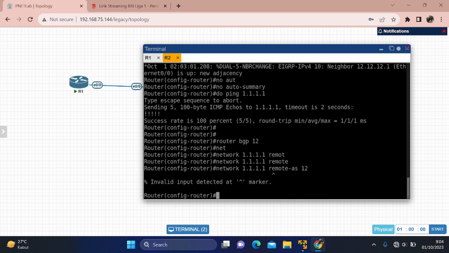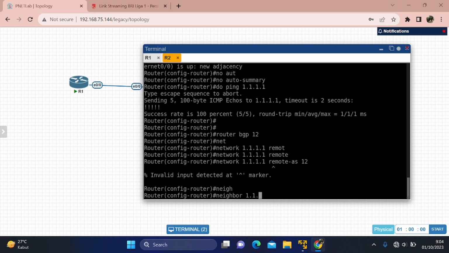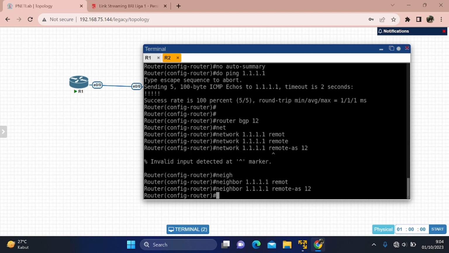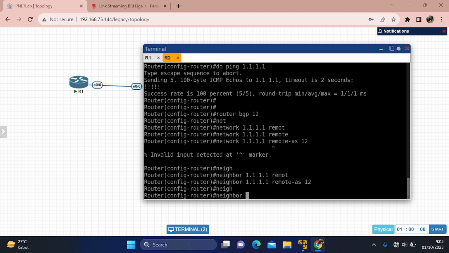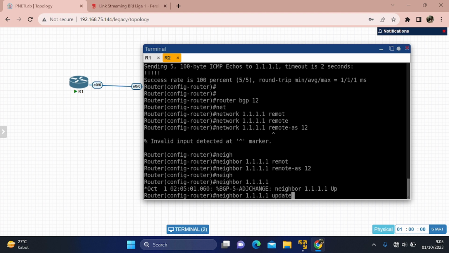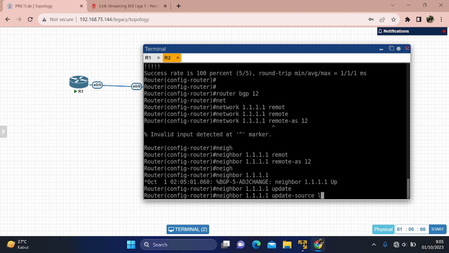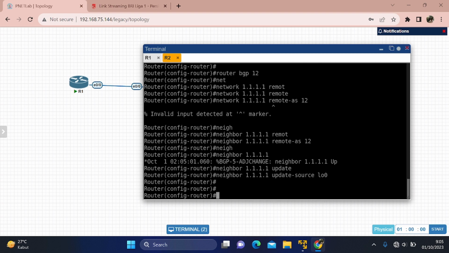Wait, router BGP 12, and then, wait, I was wrong. Remote AS 12, and then the neighbor again, 1.1.1.1. Don't forget to add the update source, interface loopback 0, and then we will check with do show ip bgp sum.